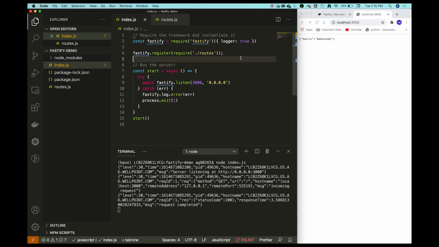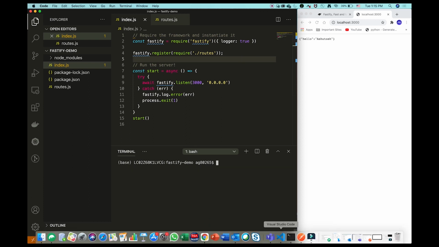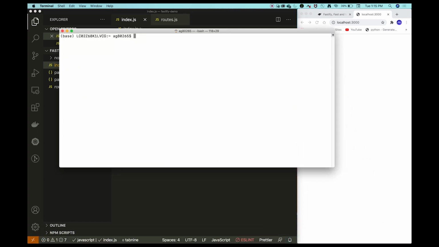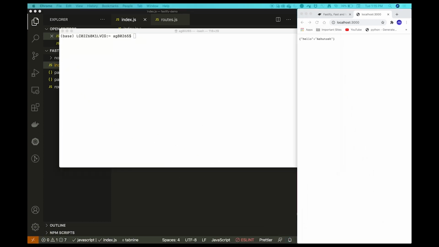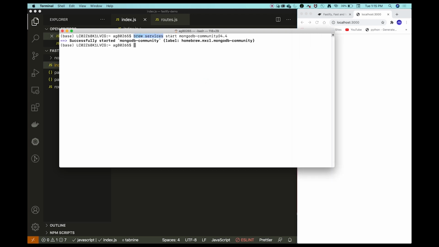Now let us talk about MongoDB and how to connect our backend server to MongoDB. First of all, to connect to MongoDB, we need to start the MongoDB which is there in our local system. To start the MongoDB, we need to run this command, that is brew services start, and then the MongoDB version and type which you have in your local system.